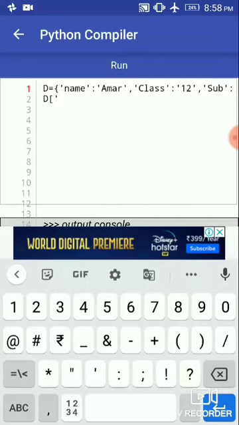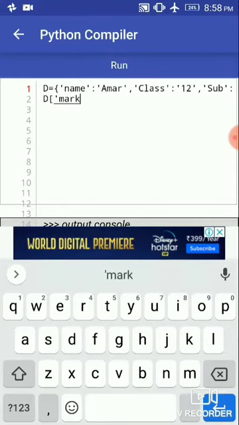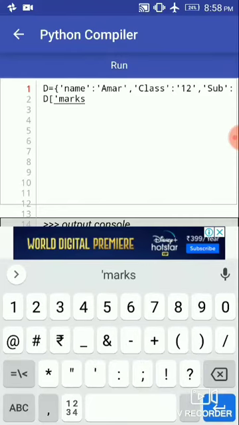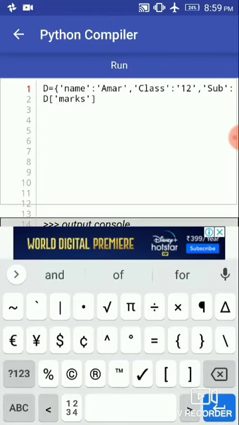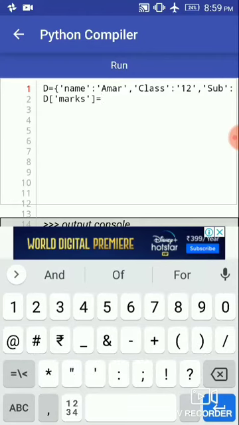Then for the percentage or marks, we use marks as a key, and marks holds the value for that subject, 75.